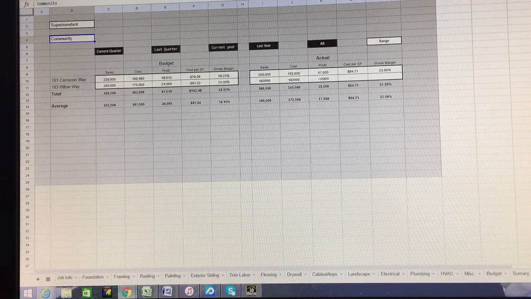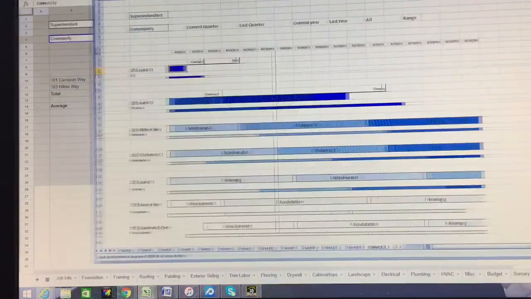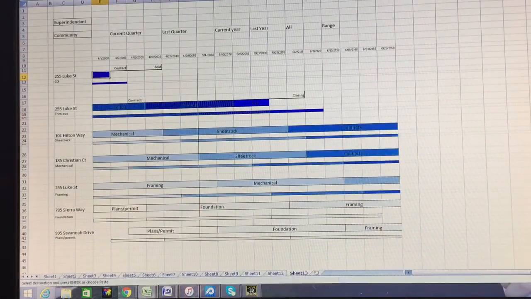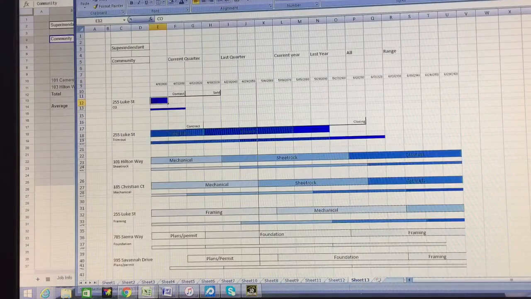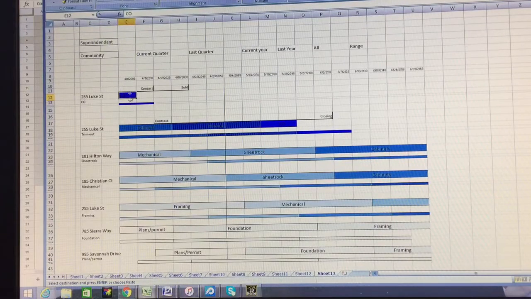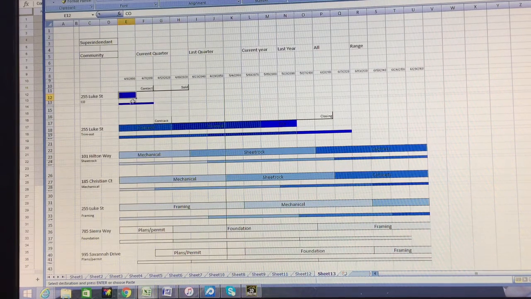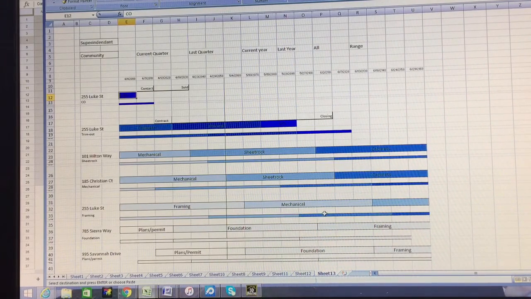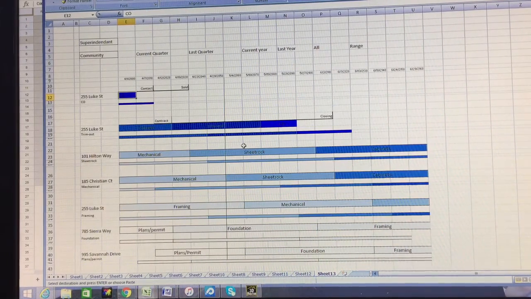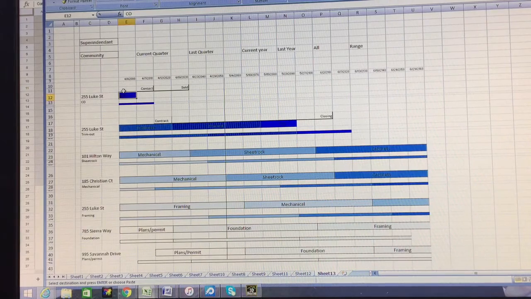Now the other report that we'd be able to pull up is a report like this, and then we just need to come up with some clever names for these reports. I hadn't even thought about names for them, but that would be some sort of summary report, and then this would be our timeline gas report. And then same thing here, this would show the jobs and the timelines that we've gone over before, how they would all change. Now from the sales portal on the reports, this would be the